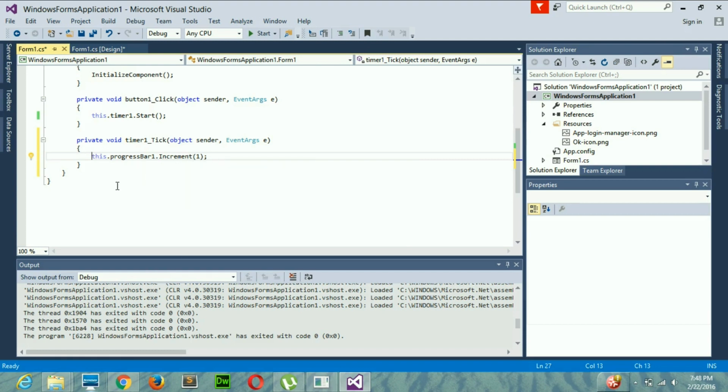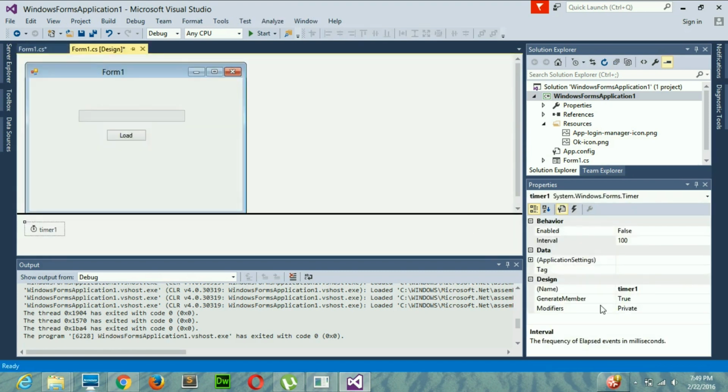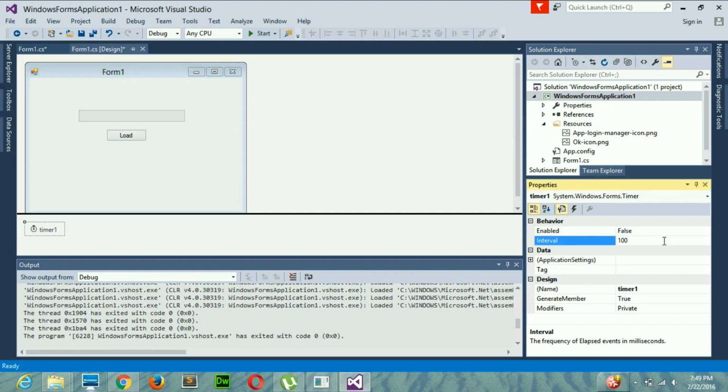Okay, so the concept is clear. Again, when I click the button, the timer will start, and the timer is going to execute that increment. You can set the interval of the timer to whatever you want. In my case, this is 100 milliseconds, and that is more than enough.